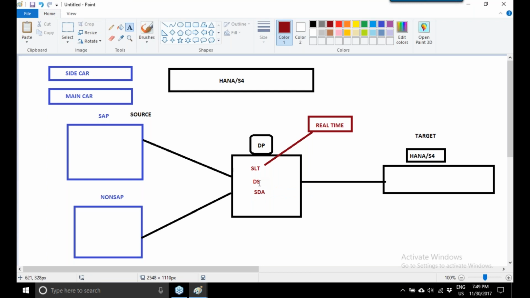Why should we go for data services? We go for data services when we want to migrate data in batch processing. Batch means at the end of the day, the week, or the month. Whenever you would like to migrate data in batch, we go for data services. The purpose of data services is to migrate in batch.